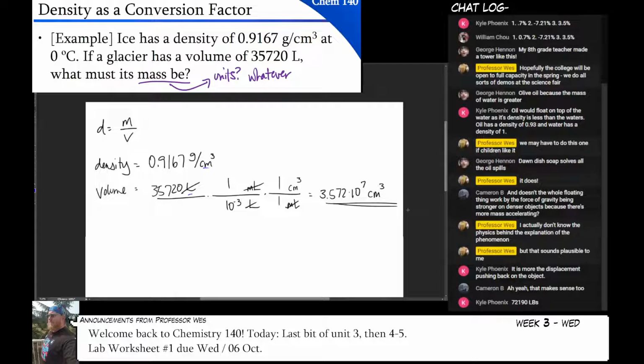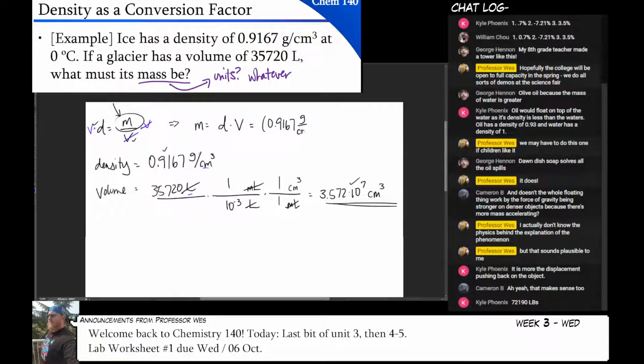And so now we're going to go up here to my formula. I know what the volume is because that's right here. I know what the density is, that's right here. So I just got to solve for the mass, right? Now, I would encourage you, whenever you're doing these types of problems, don't just plug in the numbers. Solve for the variable that you're doing first. So we're going to solve for m. I'm going to multiply both sides by v to cancel it out. And then my formula would become the mass is equal to the density times the volume, which would equal